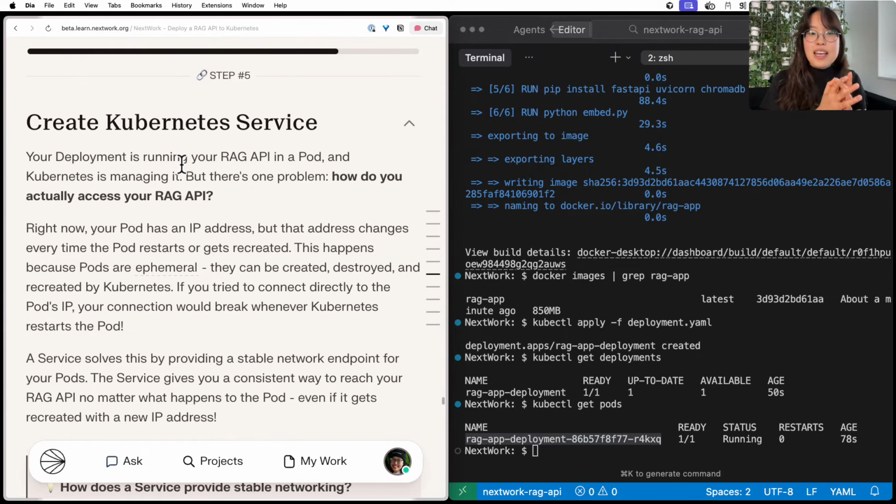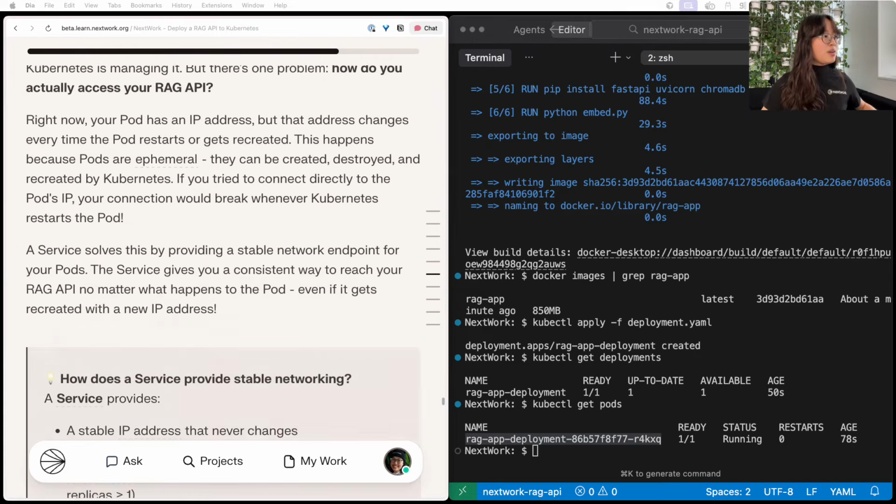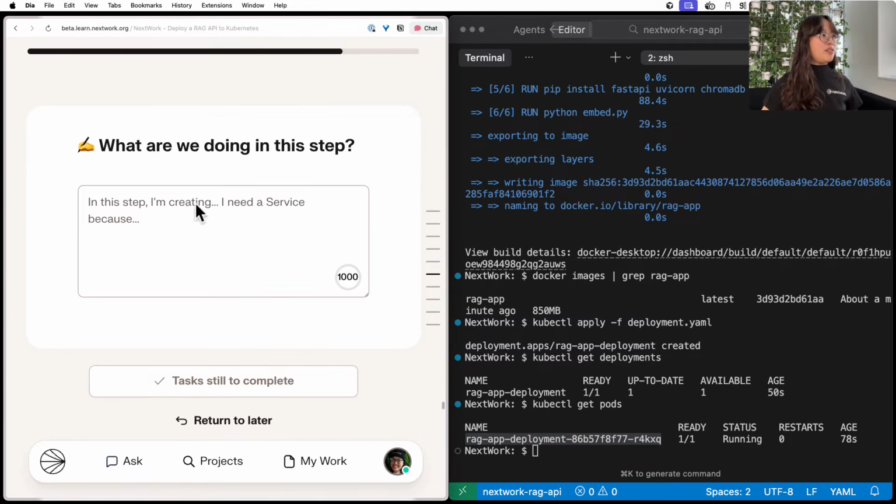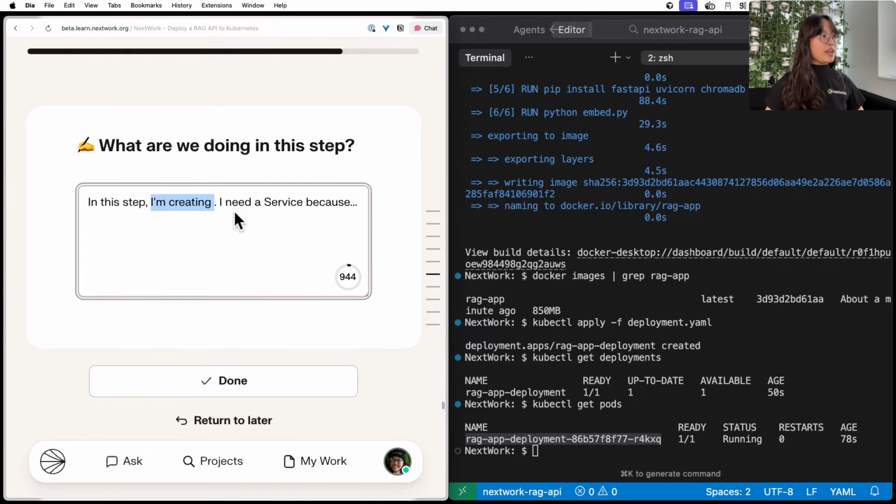They're temporary. If you try to connect directly to your pod's IP, the connection will break whenever Kubernetes restarts that pod. So a service solves this by providing a stable networking endpoint for your pods. It is a consistent way for you to reach your RAG API no matter what happens to the pod, even if that pod gets recreated with a new IP address. So let's go ahead and share what we're creating in this step. In this step, we're creating a service